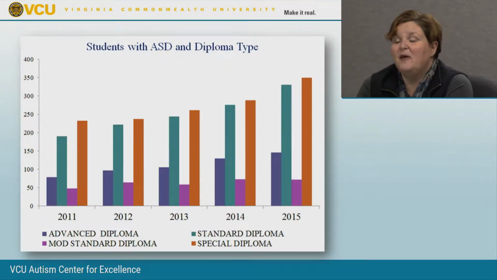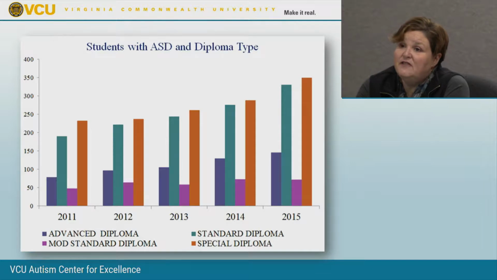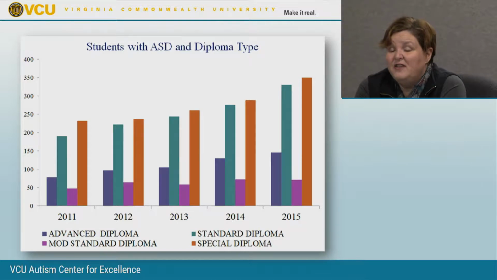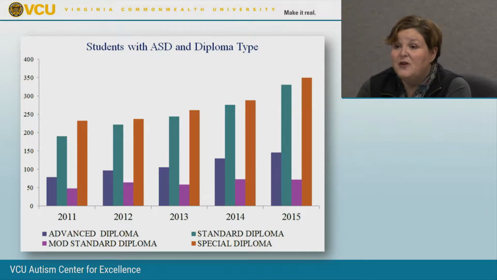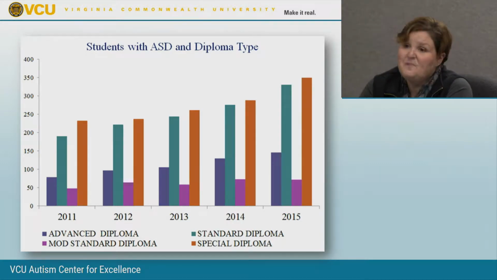In this graph, you see a breakdown of students with autism across the state of Virginia and what type of diploma they received. And I think the most important takeaway from this slide is that all kinds of diplomas are being achieved by students with autism. And I would really like to point out the number of advanced diplomas and the number of standard diplomas that are being achieved by our students are increasing every year. And also the number of special diplomas that are being achieved are increasing. And that really connects to the increase in the number of students with autism. But to really, as a school, understand that students with autism can meet the standards that everyone else does. And by this graph, we're seeing an increase in that every year.